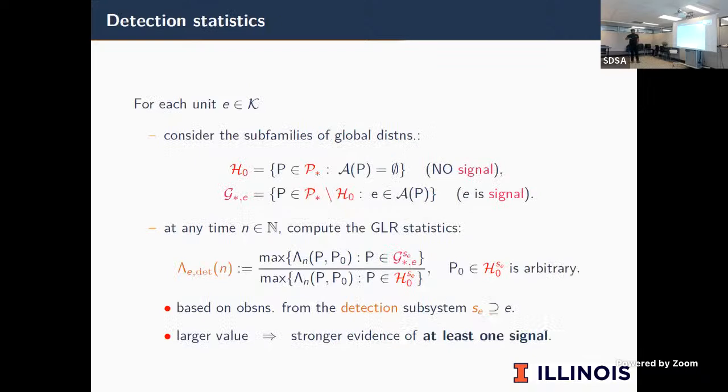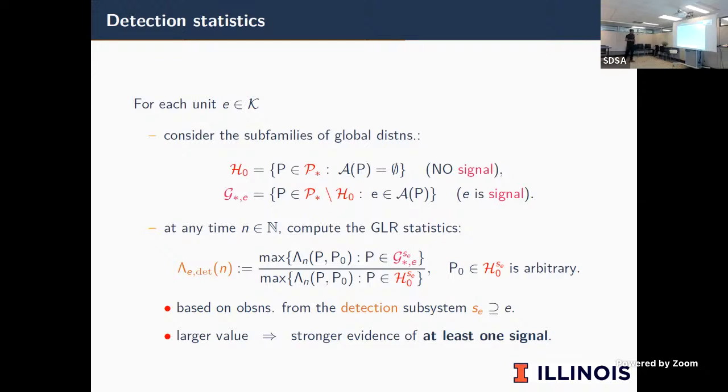So now that we have our subsystems, I will compute my detection statistics based on my detection subsystem. How do I do this? I'm not going into mathematical details. Basically, I'm again computing a GLR statistic. The numerator gives me evidence towards whether E is a signal, versus the denominator, which gives me the evidence whether there is no signal present. So if this likelihood ratio has a larger value, that means we have stronger evidence